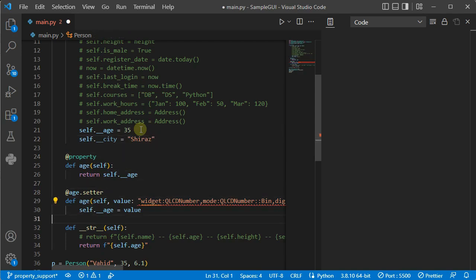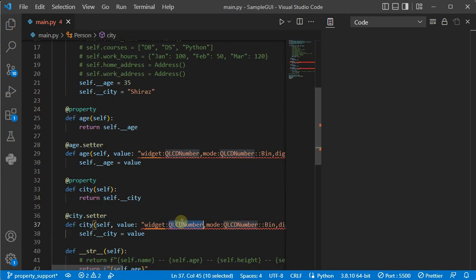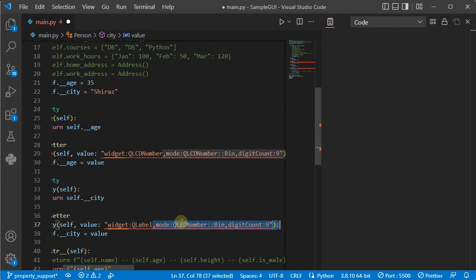And I'm going to add another property here. Be careful to change age everywhere. Inside that property, I'm going to change it. No, not this one. This one, I'm going to change it, and also change this part, this part, this part, and also this part. So first of all, we can use QLineEdit or QLabel. QLabel, and get rid of these extra options. If I run it,